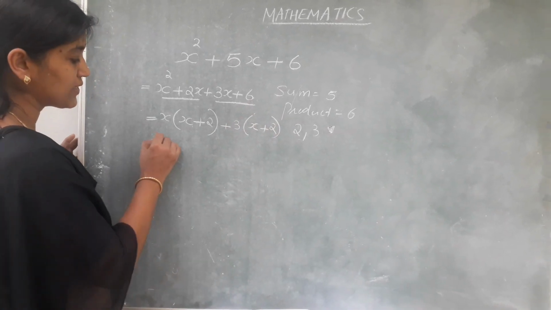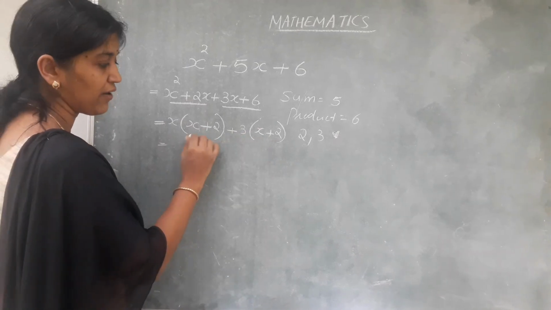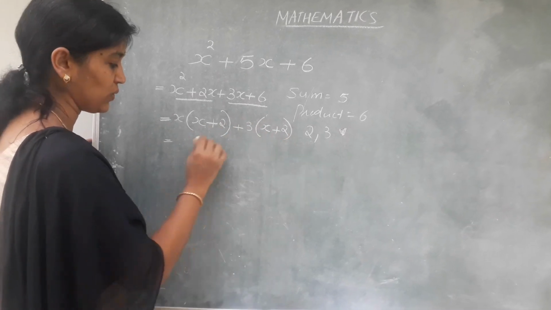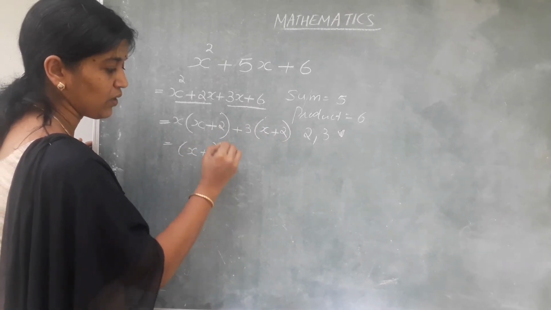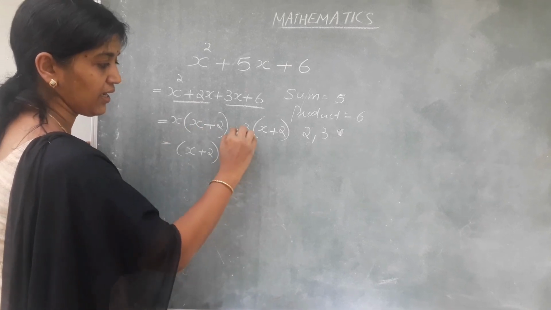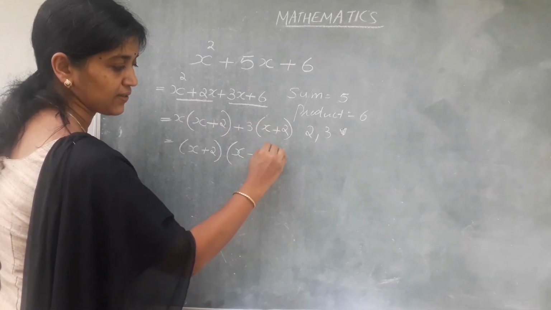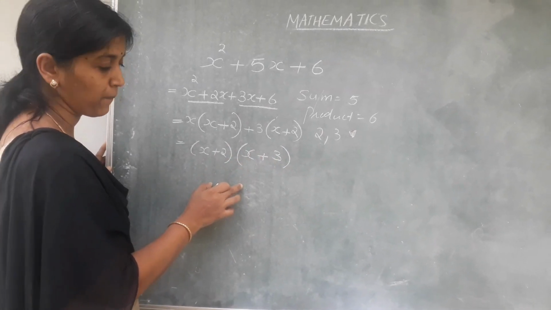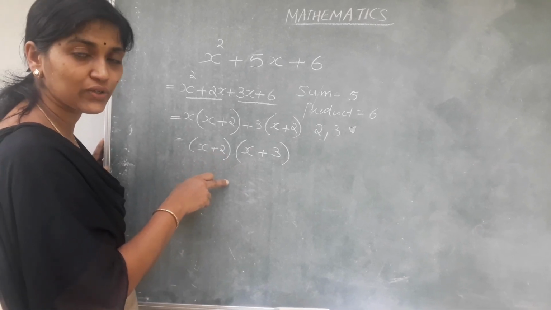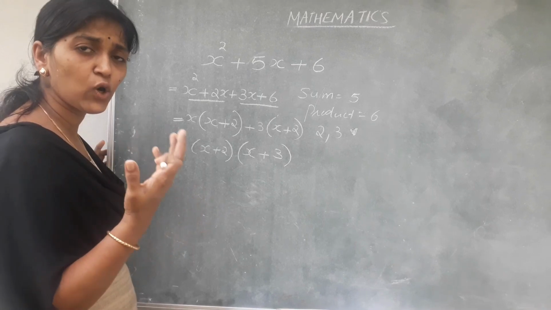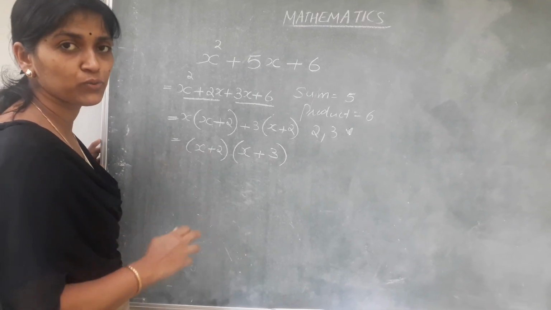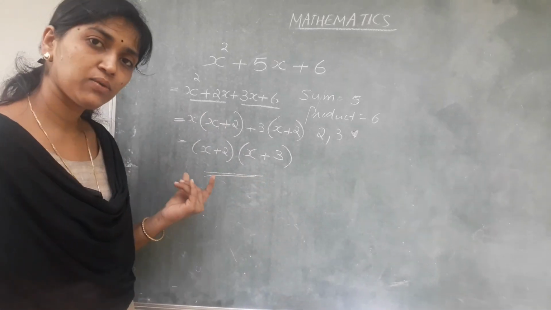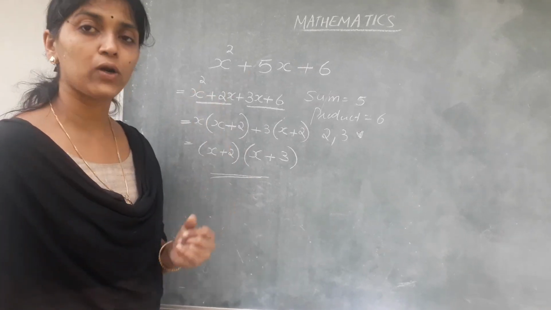Now what is the next step? It is reduced to 2 terms. We have to again take the common outside from these 2 terms. What is common here? x plus 2. Take x plus 2 outside. Now what is left? x and plus 3. So you get x plus 2 into x plus 3. This is the factorized form, and this is how we factorize a quadratic polynomial. We have done different questions and a lot of examples, so go through those portions. I am just explaining what we have studied. So these are the factors of this quadratic polynomial.